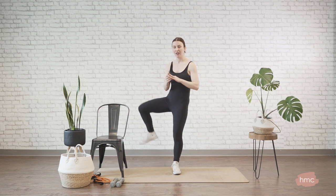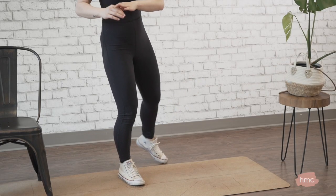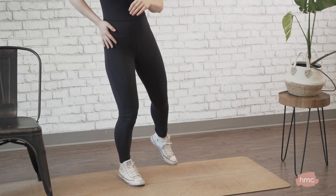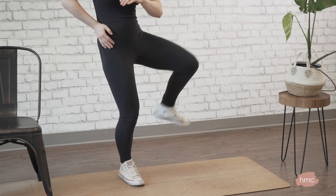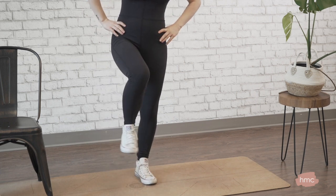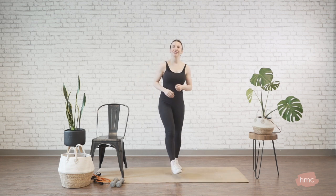Knee comes out and back over. 2, 1, switch sides. Back over. Like we're going over a fire hydrant. Keeping that stable leg nice and square. 2 and 1, drop it down. Last movement here, lifting up that right foot, draw those circles on the ground. Drop it down. Left foot comes up, draw those circles on the ground. Perfect. Shake it out, drop it down, grab that water, and let's go ahead and get started with our first